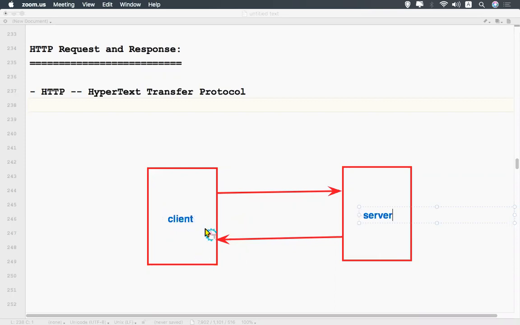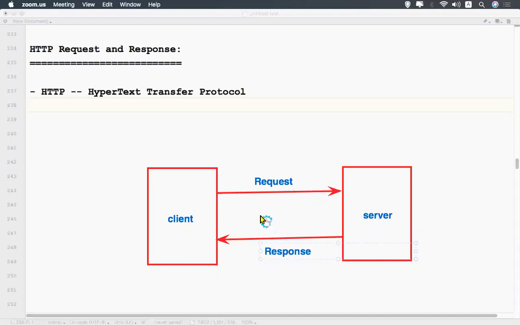If it needs some information, it will send a request. When the client sends a request, the server will process it and give the information back. That is called a response.